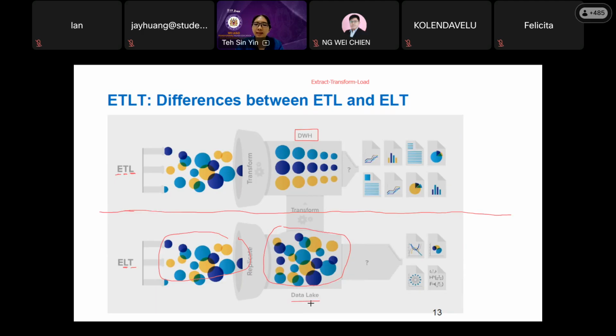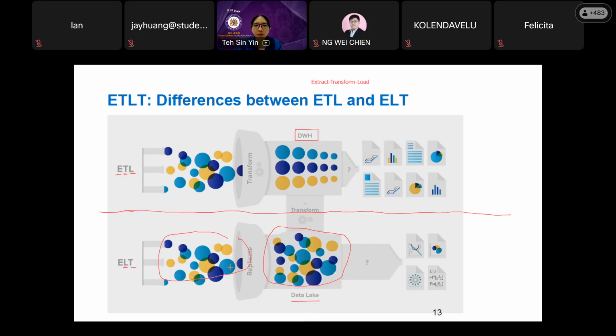Data lake is a more recent term compared to data warehouse. In the following chapter, I will explain the differences between data lake and data warehouse. For now, you need to understand that for a data warehouse, all the data are structured data. For a data lake, we don't care whether we are going to use the data later or not.